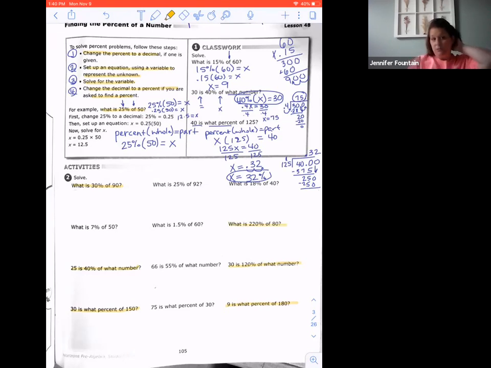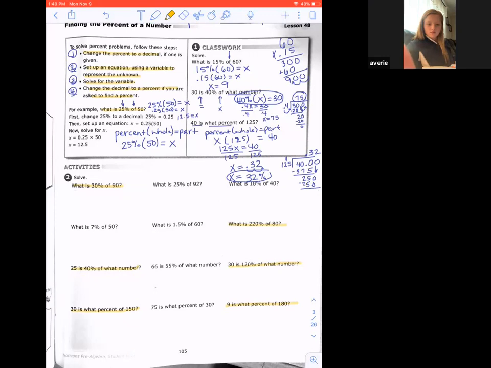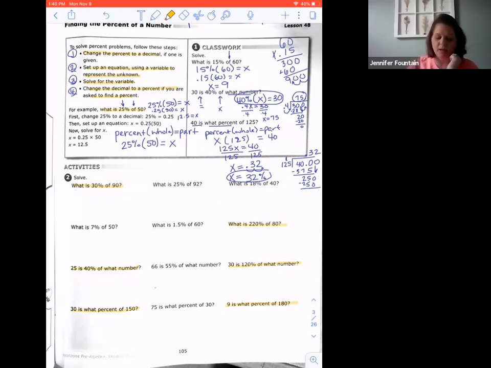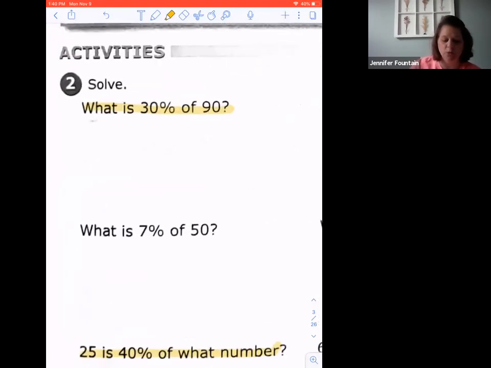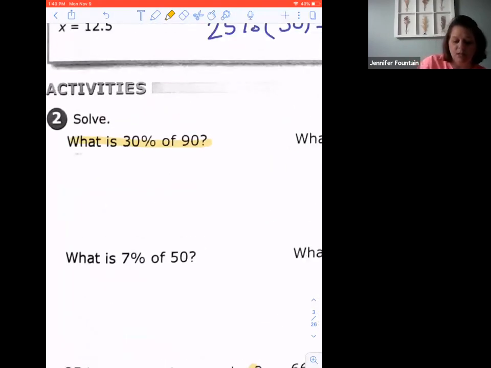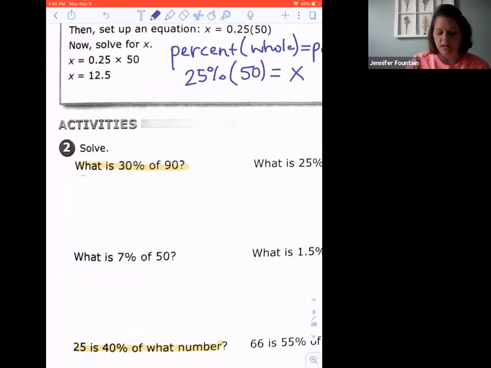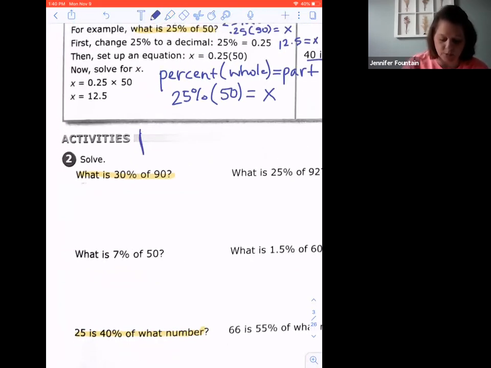Okay, so what we'll do is the highlighted ones that I've done, we'll do these three together. Here she comes. Okay, so we'll do the highlighted ones together, and then the rest of them will be for homework. So the first thing we're going to start with is what is 30% of 90. If you want to go ahead and write at your activities, remember we're doing percent